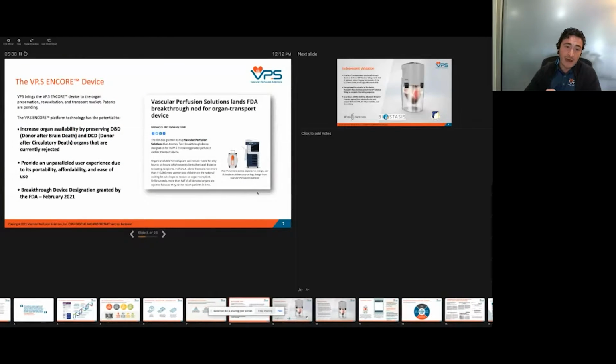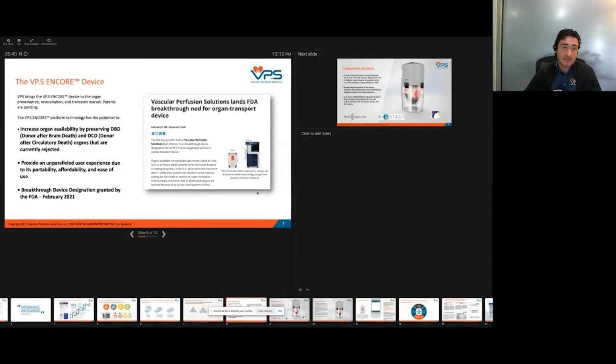So what are we doing here? We have a medical device called the VPS Encore device. The idea is that it preserves organs in a way that can extend the life of the organ. We believe that we can increase the organ availability of not only DBD hearts, which there are hearts that are